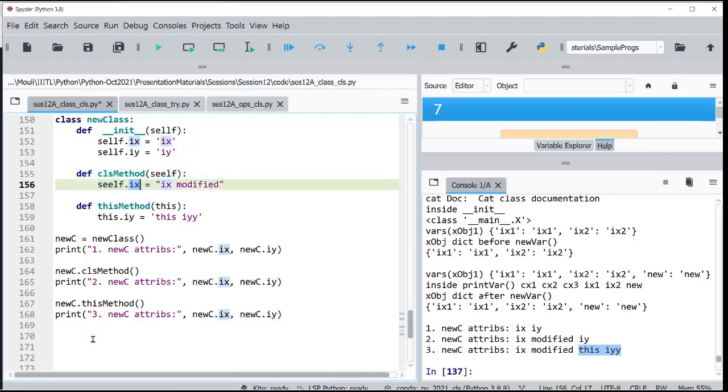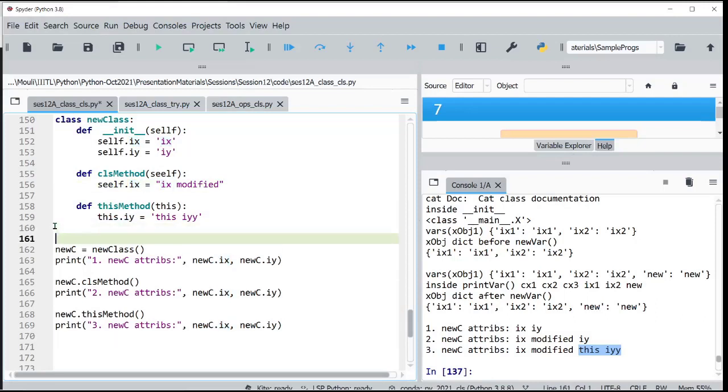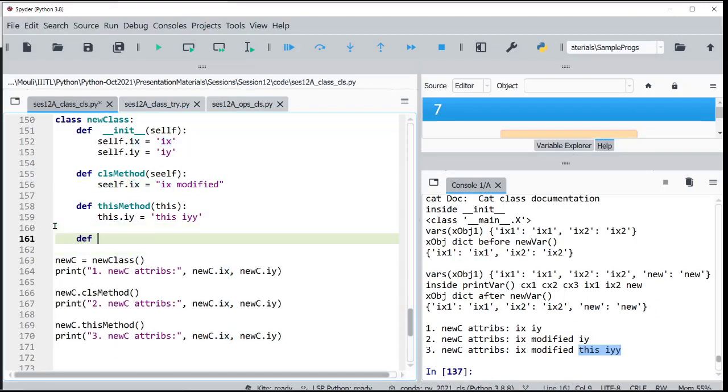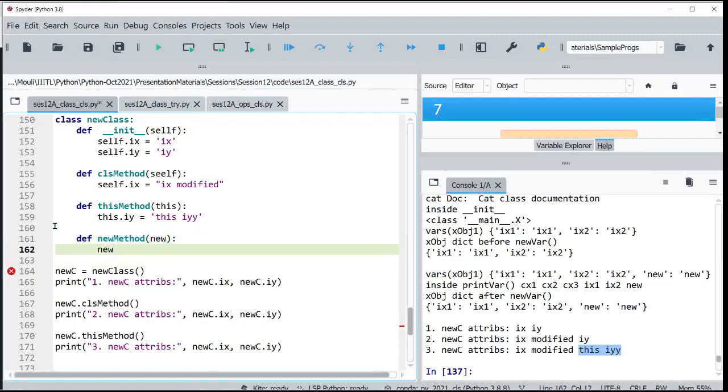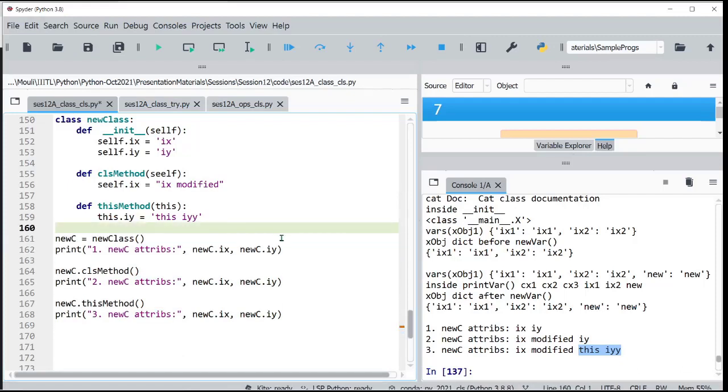Now let me add a new function. Okay, this, I am afraid, def new method. Maybe let me call it as a new. New equal to, can I do that? I cannot do that. Then let me try. Now what happens? I can't do it. Okay, now I'm getting this and this, so this will not make sense at all, so let me not do that. I don't know what I'm trying to do, so let me remove it. I don't want to do anything.